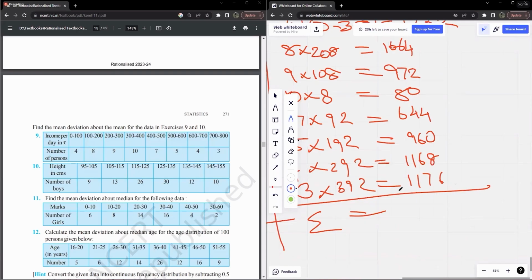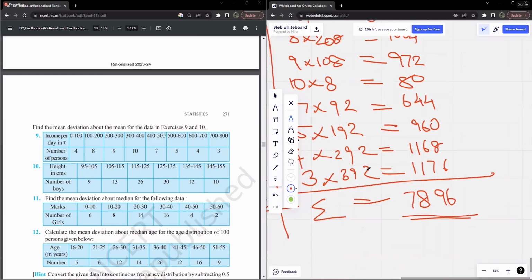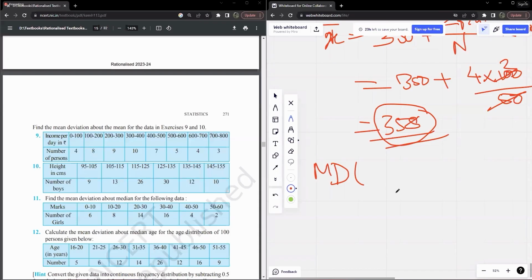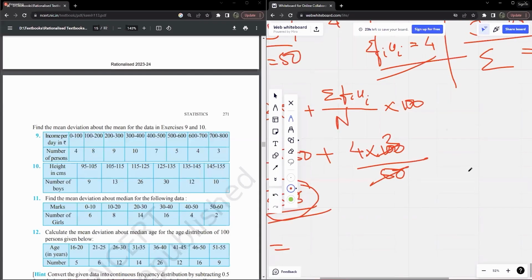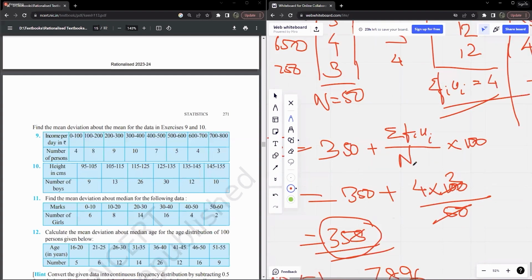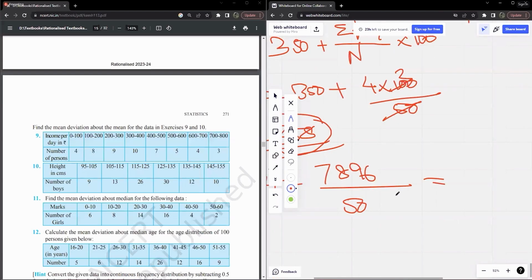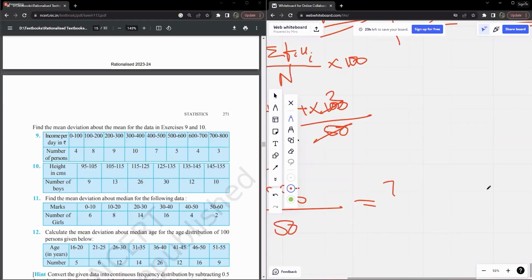That's it. Right. Therefore, your mean deviation above the mean x bar is going to be equal to summation, this summation. And I'm not writing the formula down. We all know the formula is going to be 7896 divided by the net number, that is 50. Right. Remember that this is basically 7,900 minus 4. Right. And 7,900, right, it's basically 790 by 5 minus 0.08. Right, 4 by 50 is 8 by 100, that's 0.08, which is, this is basically